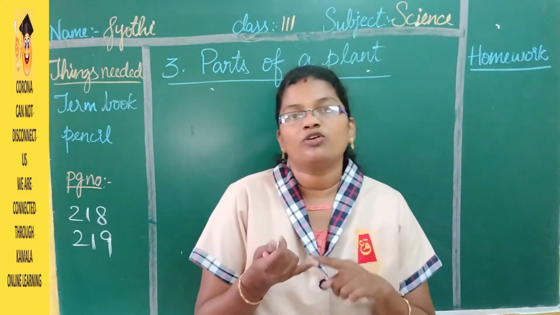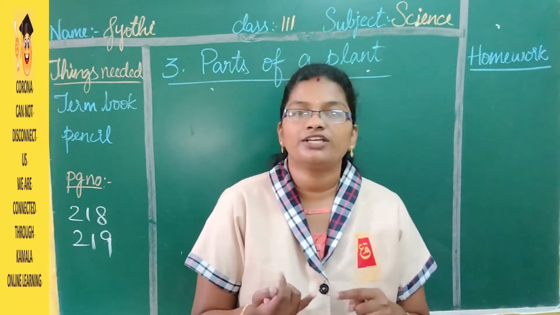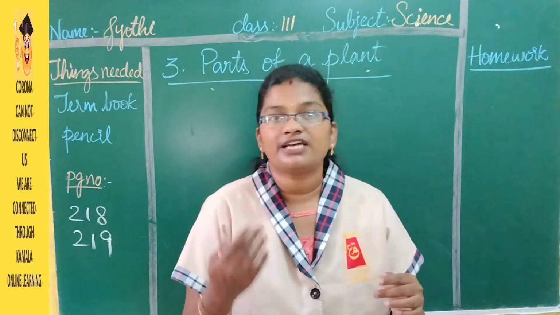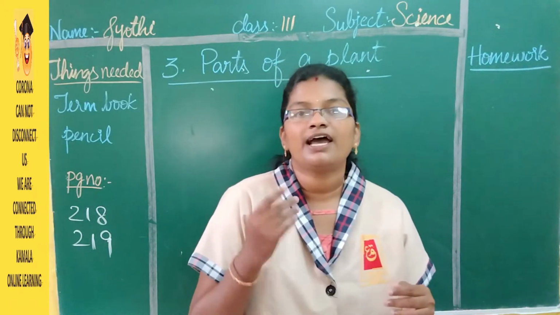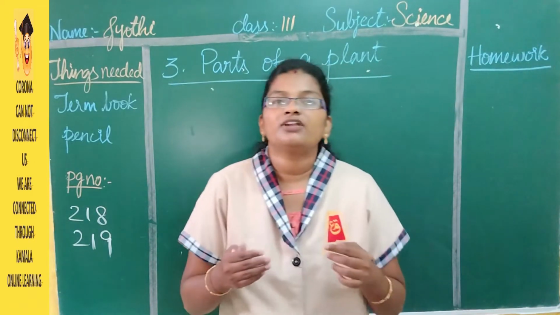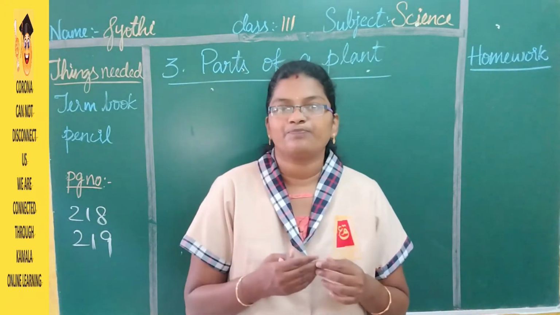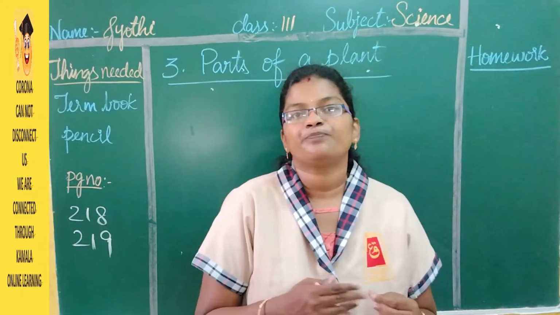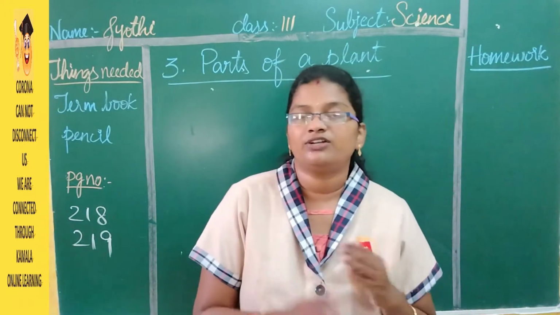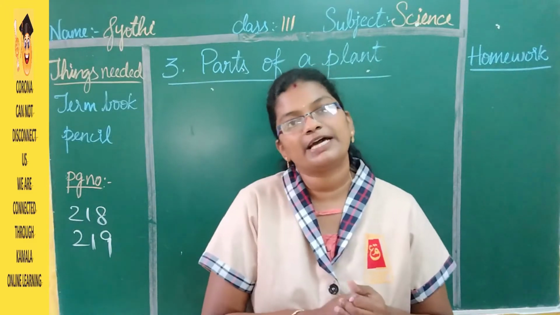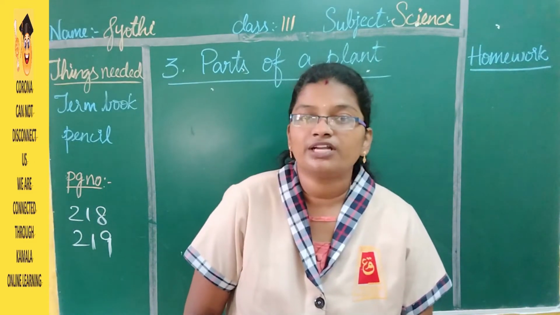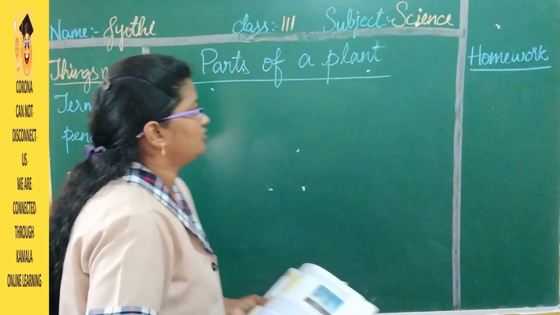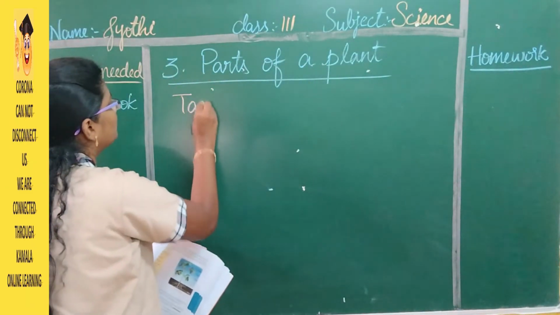And we have learned the functions of the root. Roots are going to fix the plant in the soil, they prevent soil erosion, they absorb water, minerals and nutrients from the soil, and the last one is they are going to store food in the roots. Examples are carrot, radish, turnip and beetroot. And we have also discussed that in roots there are two types, that is taproot and fibrous root. About taproot and fibrous root we are going to learn today. So the first one is taproot.